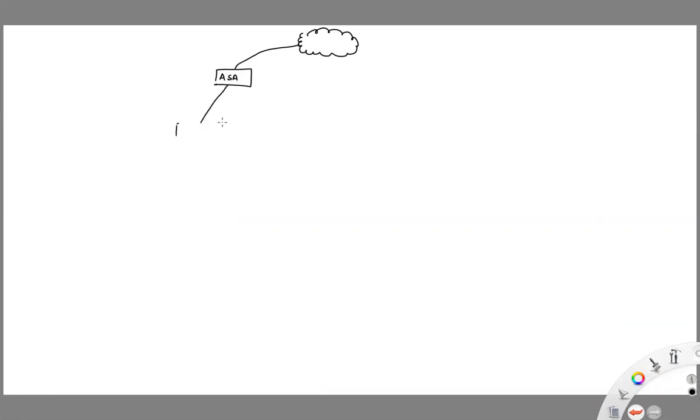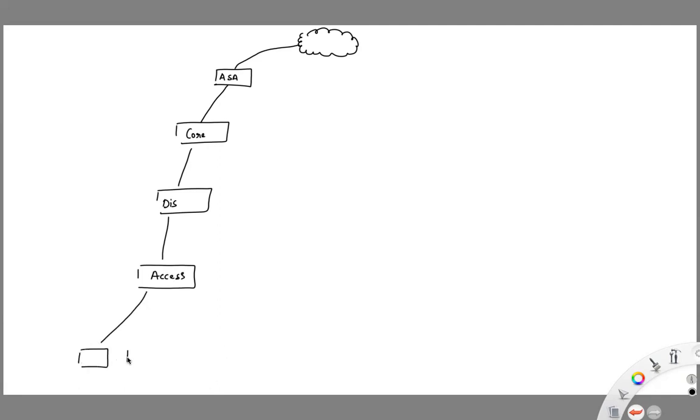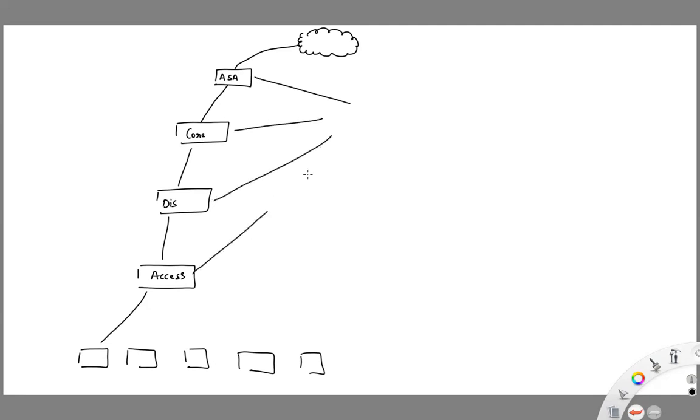After that you're going to have the core switch. You're going to have your distribution layer switches. You can go for your ACI leaf and spine or a two-tier hierarchy also. Then you have your access layers, and after the access layers, you have your end users. This ASA, core switches, distribution, access layer,